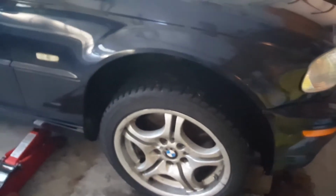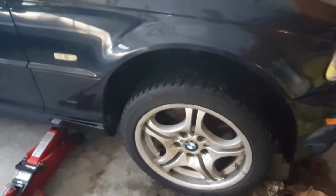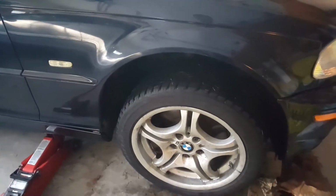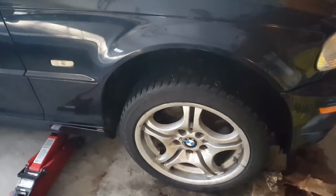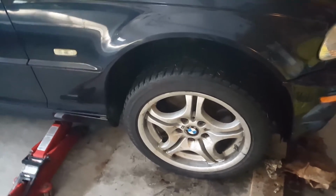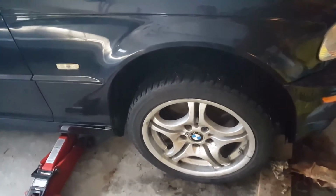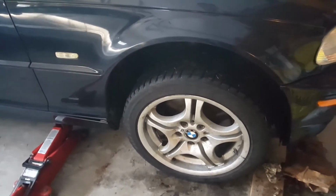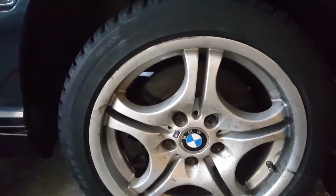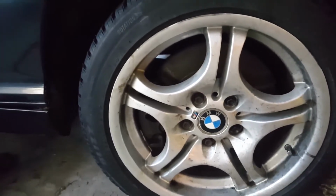So what's so important about that? The reason I do that is because you have four discs, four wheels, and four brake systems and calipers. Exactly which one has the highest temperature, that is the one that you need to service. That is the only disc and only brake that you need to remove and do the necessary lubrication and rebuild and so on. So instead of spending a couple of hours doing everything in one go, just do a quick test, identify which brake requires service, and only service that specific one. This saves you time and money,